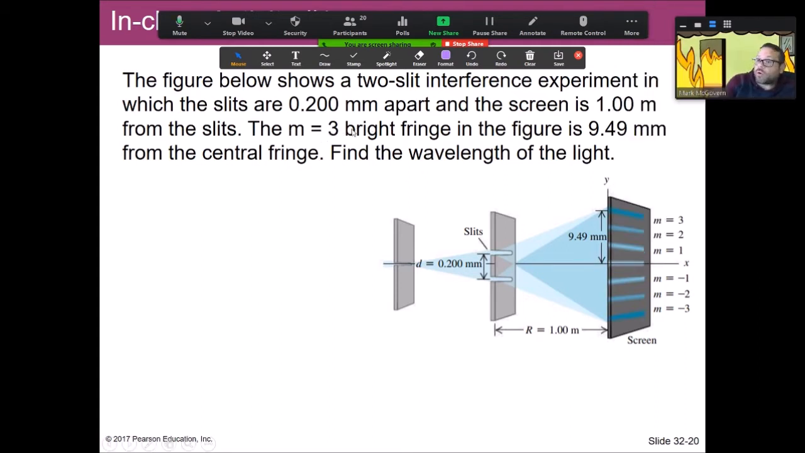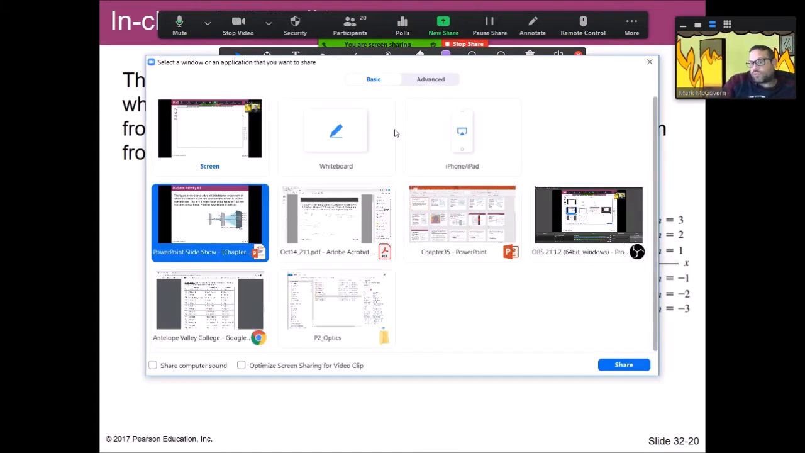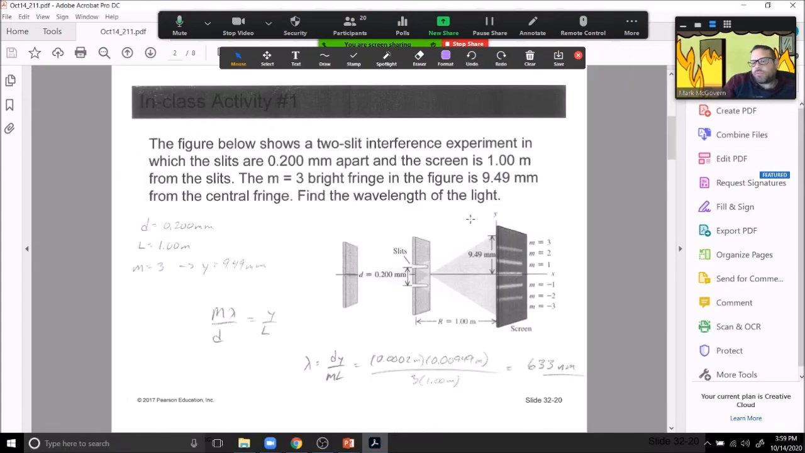So we're told the order, right? We could say, 3 fringes up or something like that. But if you said, the distance between 4 fringes is 9.49, well, that would be like 0, 1, 2, 3. But we're actually told the order number here. So this is a lot easier to do. So this is really straightforward, right? It's the same problem pretty much. Solve for lambda. We get 6.33 nanometers,